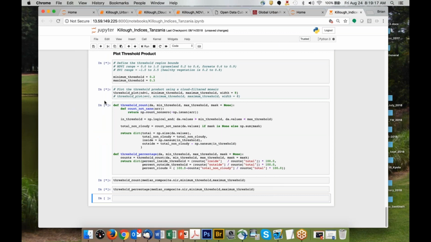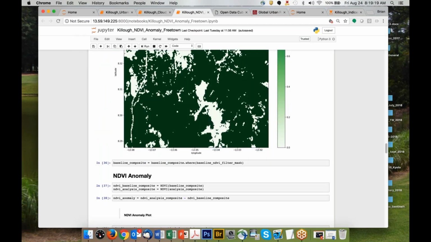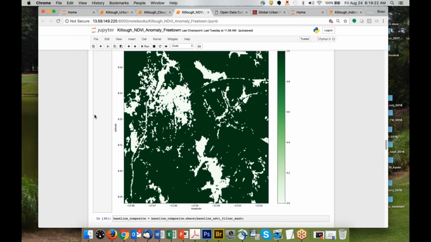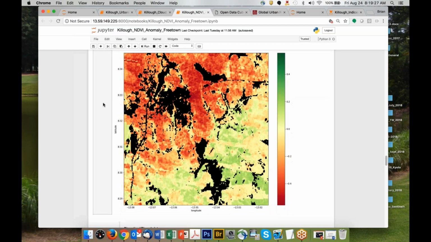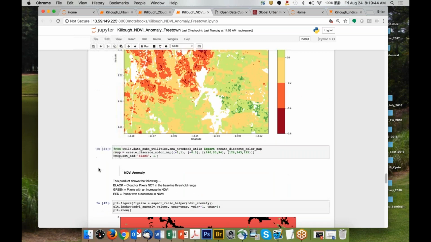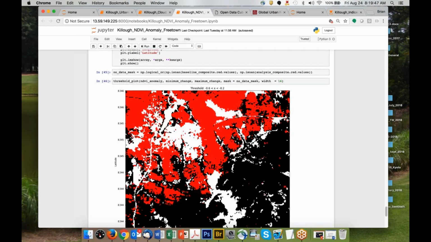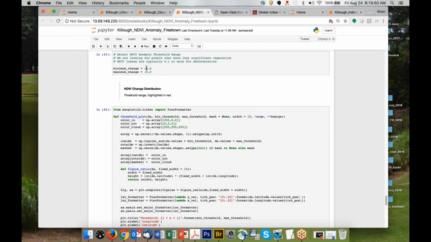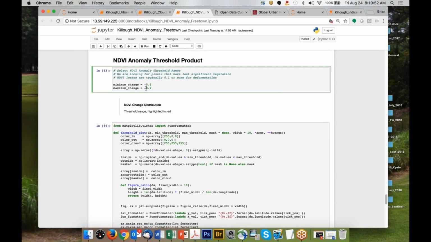So the way I determined that for you is, the first thing I did was I said 0.6 to 0.9 was forest. So I started out with forest. And then later on, when I was looking at change, this was the change plot. It was quite arbitrary that I chose to only show change between 0.2 and 0.6 as the stuff in red. That's where I got this answer here. So again, this threshold here, 0.6 to 0.2 for my loss, I just chose that,